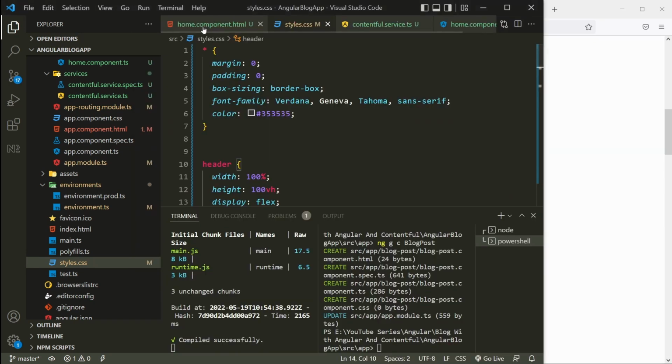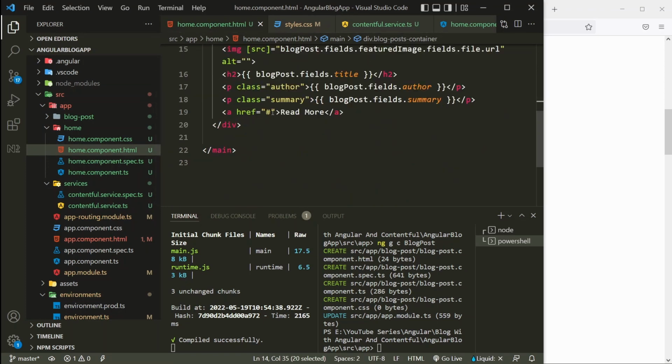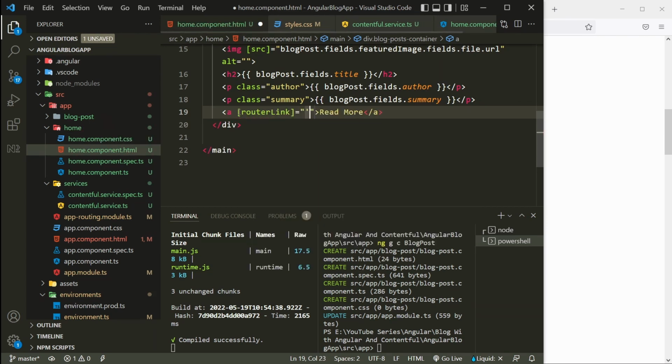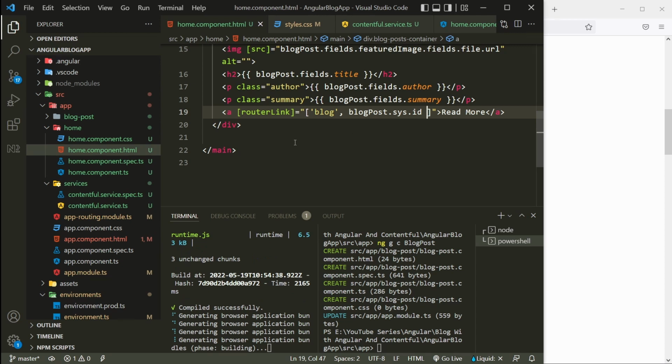So I will come back to my home component HTML, and instead of this href, I will use routerLink, and it's an array inside. The first entry would say blog because it has to go to blog, and then slash, the second one would be the URL, or not the URL but the ID. So I will say blogPost.sys.id, and let's see if that works. I'll save that